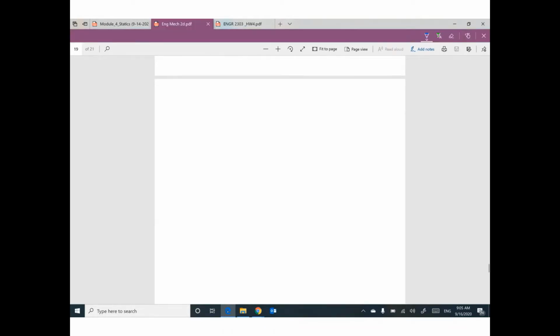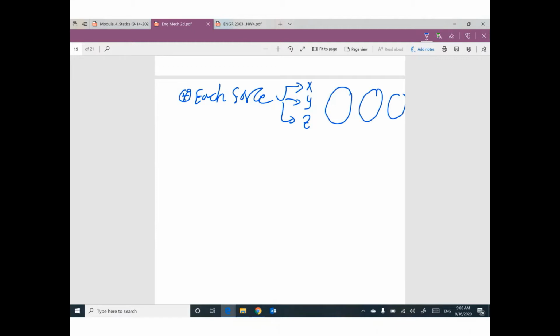The first step: we need to break each force into 3 components, one in X, one in Y, one in Z. We have 3 situations. You can figure out which technique I'm going to use to break the force